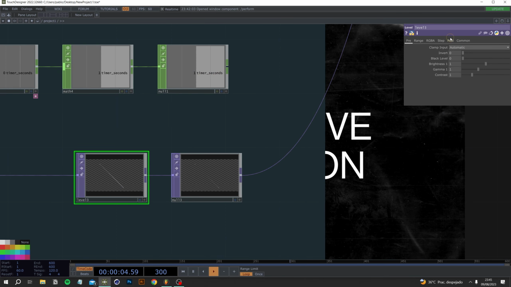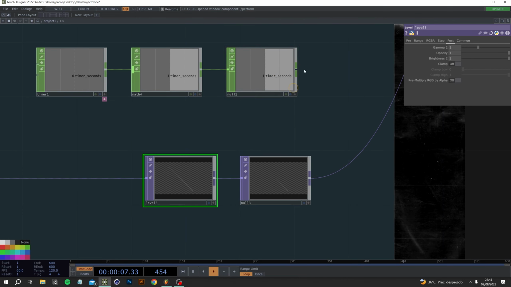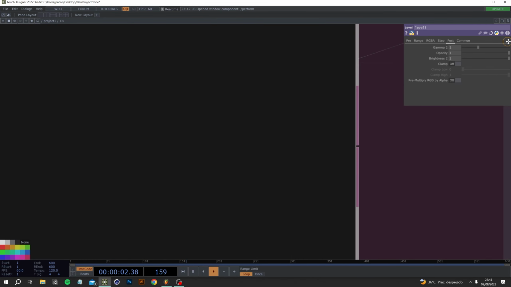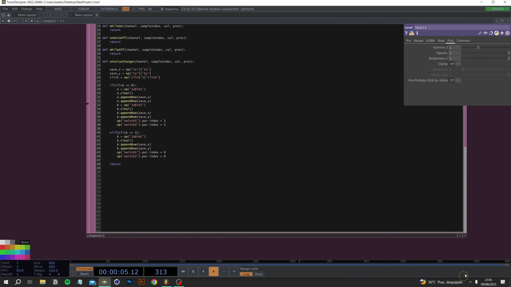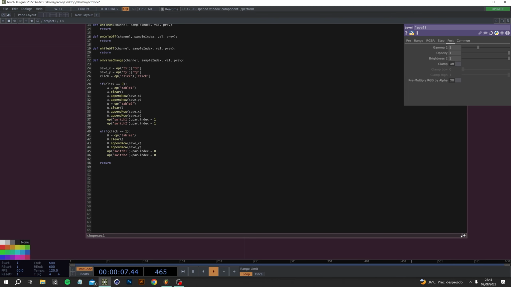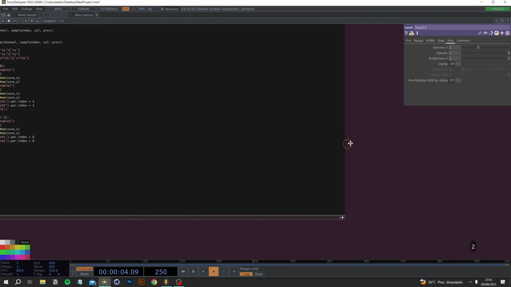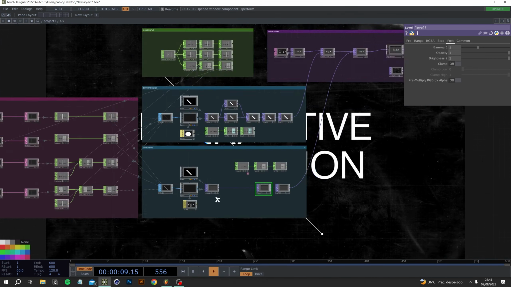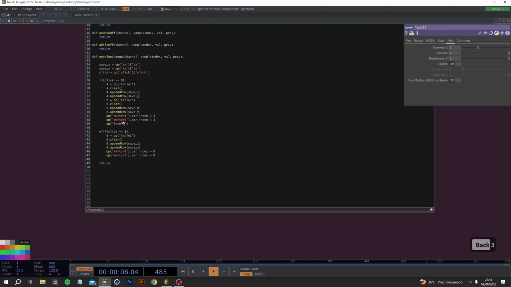We are going to make it affect our opacity here, but instead of dragging it, we are going to do it through our Python code. So here we are going to write OP. What was it called? Level 2? Let's see. Level 3. And it's going to affect our opacity parameter